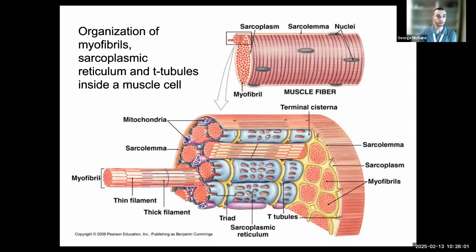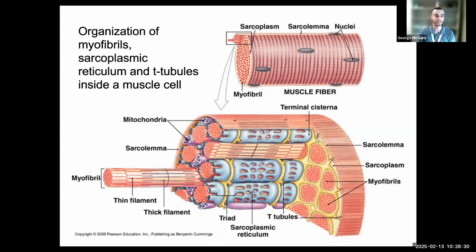And each T-tubule is going to end up surrounded by the ends of a sarcoplasmic reticulum, which we also see wrapped around each myofibril. And the ends of those sarcoplasmic reticuli are those terminal cisterns where you have vesicles full of calcium. So the idea that we're about to jump into when we start looking at actual contraction is that an action potential travels down the sarcolemma